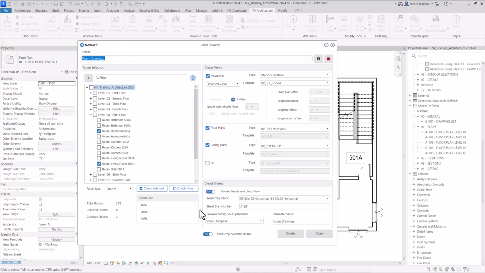Next, I have the settings for my sheets. Now, I could choose to not create any sheets, in which case I could toggle this off. A good example is if I already had some sheets created, I only want to create these views, and then I can either use the Naviate placement feature or something else to place these newly created room drawing views on an existing sheet. But in this example, I do want to create the sheet,